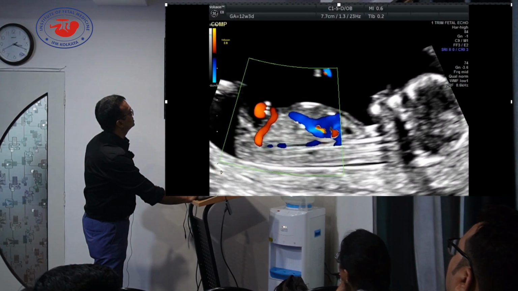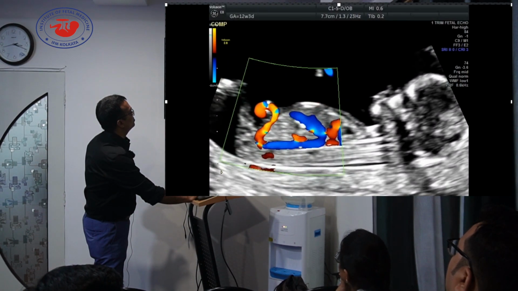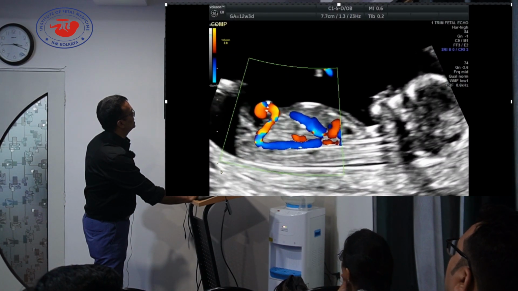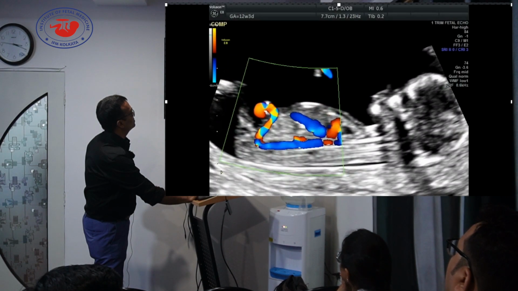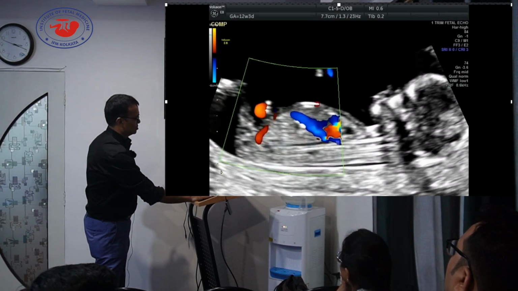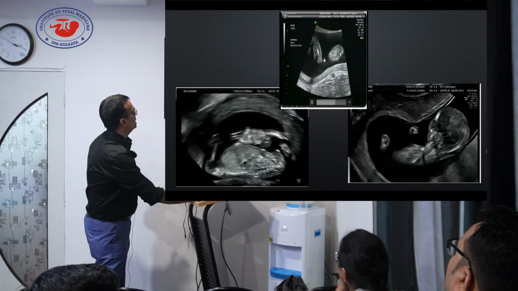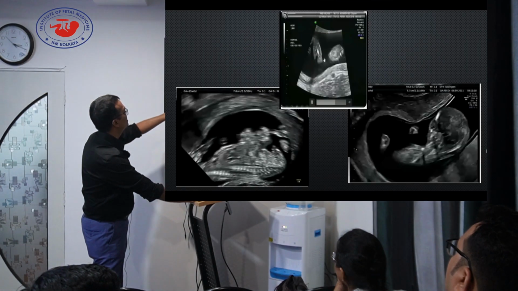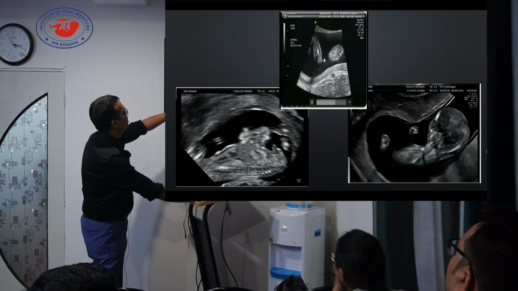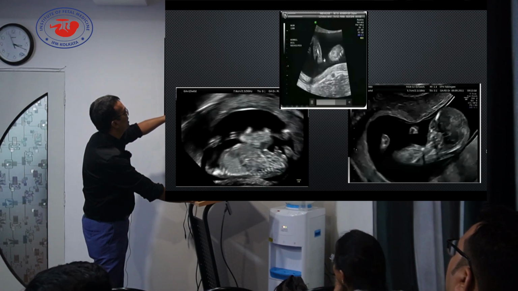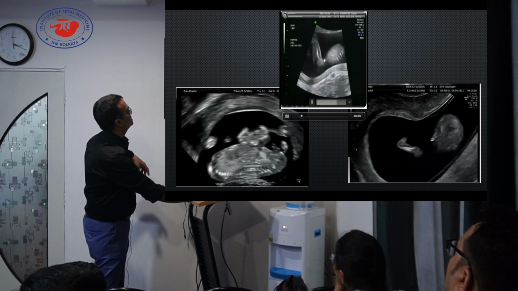This is how the cord insertion goes, and then you have your umbilical artery, and then your umbilical vein continues at the ductus venosus, and then it inserts. So these, you can see the free floating thing, it's not covered by the membrane, whereas this, if you see,